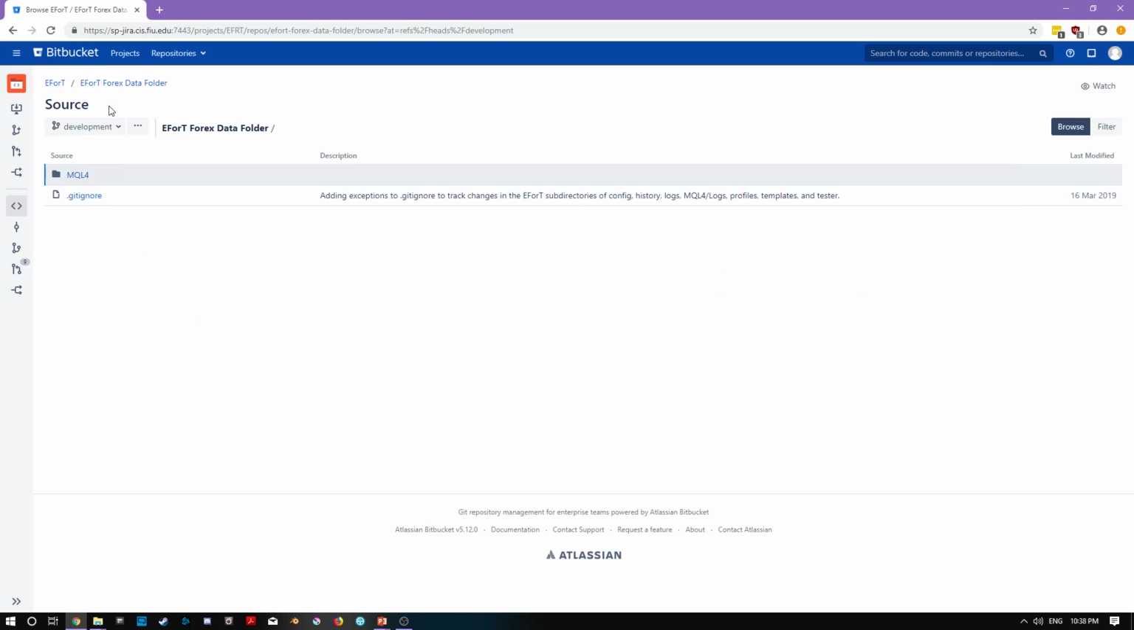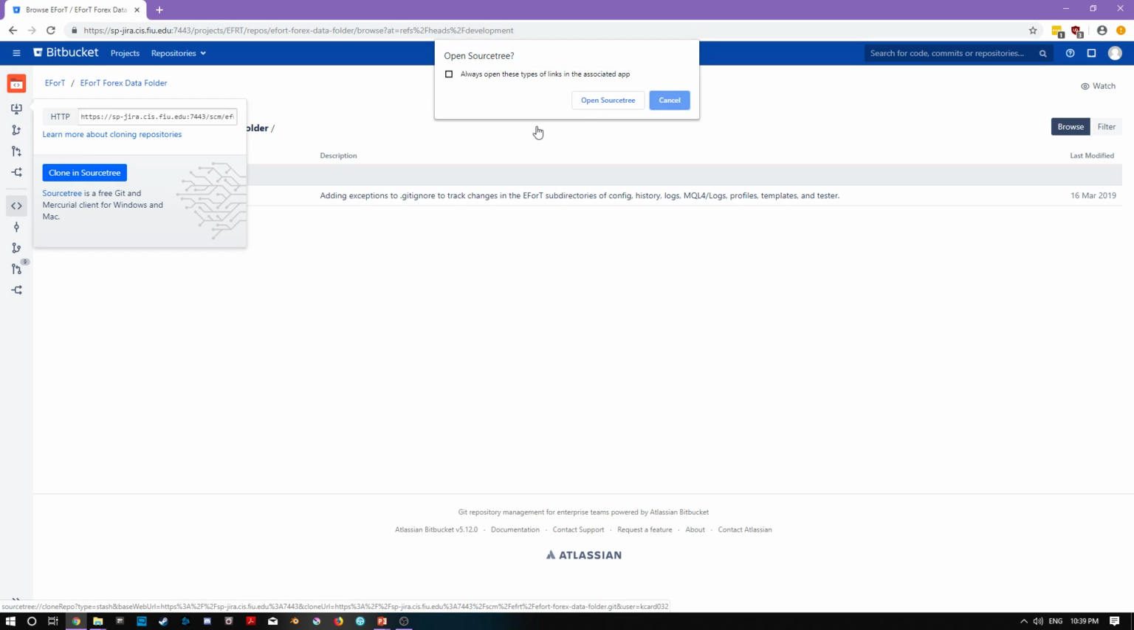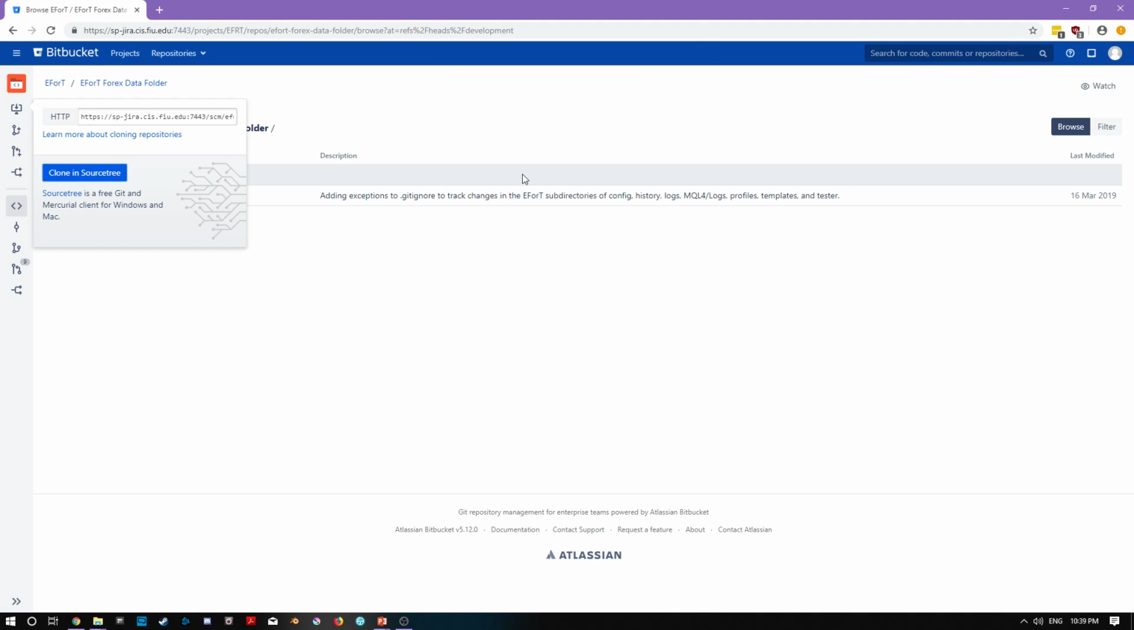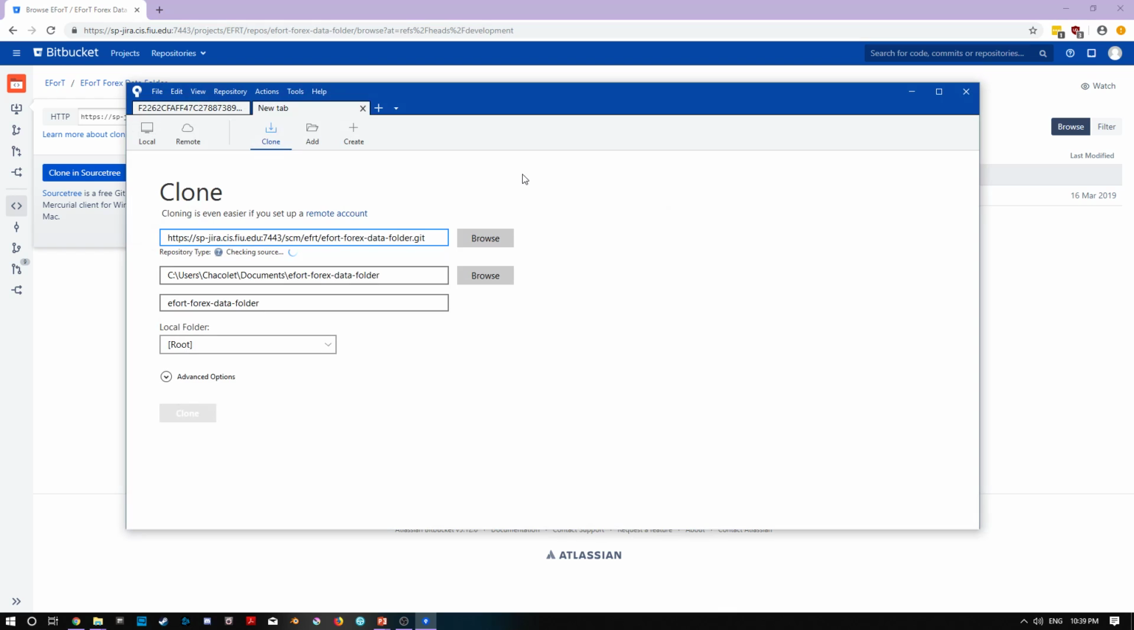Going on into the Bitbucket website, we have to be on the E4Forex data folder. Once we're on it, we will want to be on the development branch, and we want to clone it. So we're going to click clone in SourceTree, and we're going to open in SourceTree, and SourceTree will automatically boot up. Once it boots up, it's going to ask you where you want to clone all this